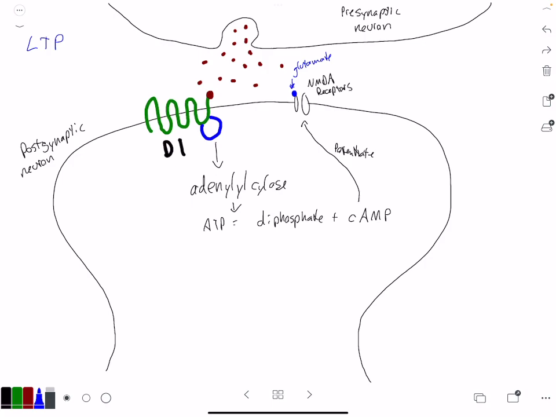But let's talk about what we came here for, the long-term potentiation. And so the cyclic AMP will also move further down and actually go all the way to the soma, to the nucleus. And what it will do is it'll induce, again, I just want to reiterate the point that there's multiple steps going on here. It's not quite this simple. And so this will lead to an activation of transcription factors.